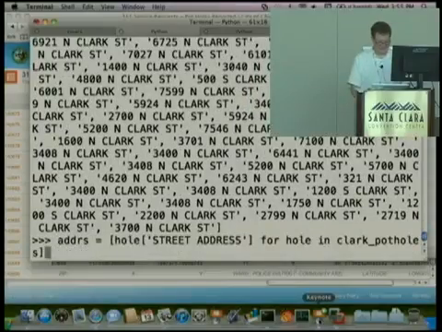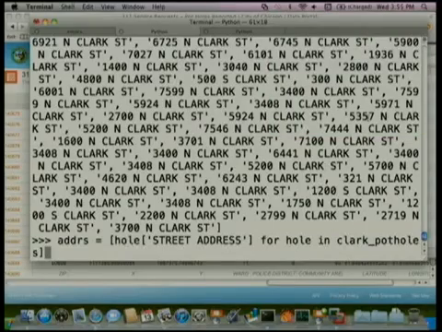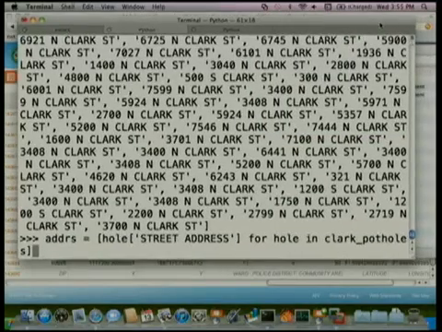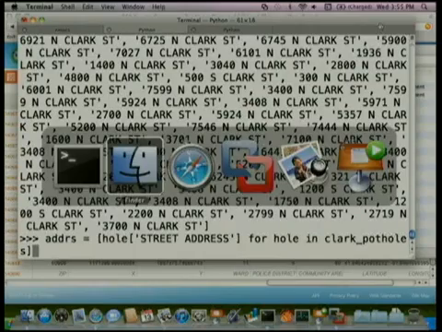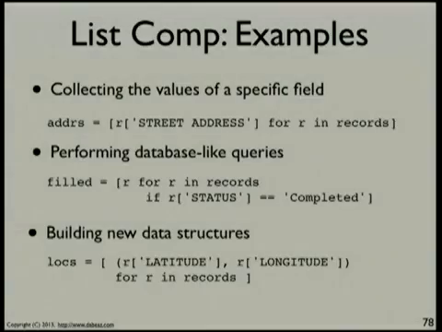You'll get a chance to play with this in a second, but it's essentially just going through and saying, okay, collect all the street addresses off those pothole records. It might take a bit of time to fully appreciate that, but it's